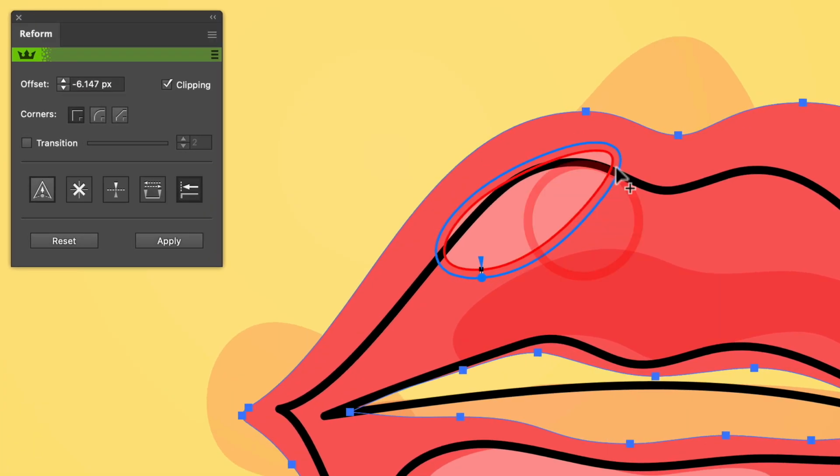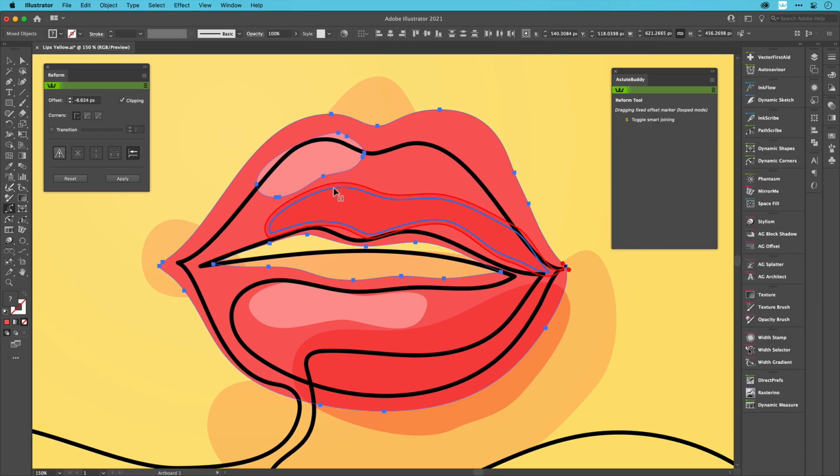In addition to sculpting paths, Reform offers a looped mode which is ideal for working with rounded, closed shapes. Pulling and pushing the points along the shape, it's similar to moulding contours with clay. And when you're happy, you simply apply the changes and a completely standard path is presented, instantly keeping all the other attributes of the original.